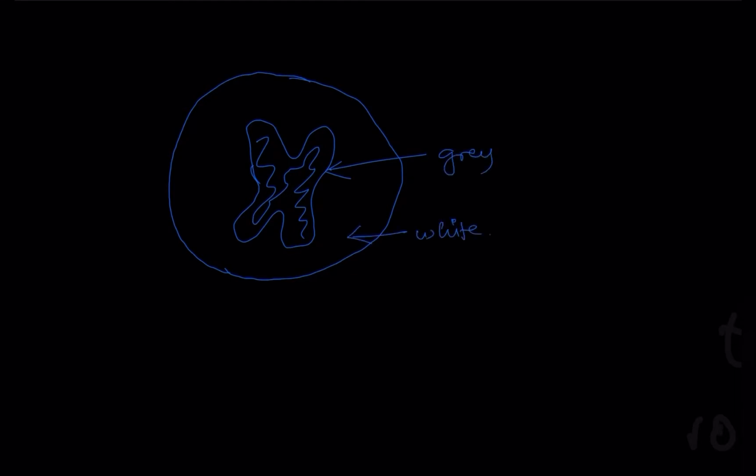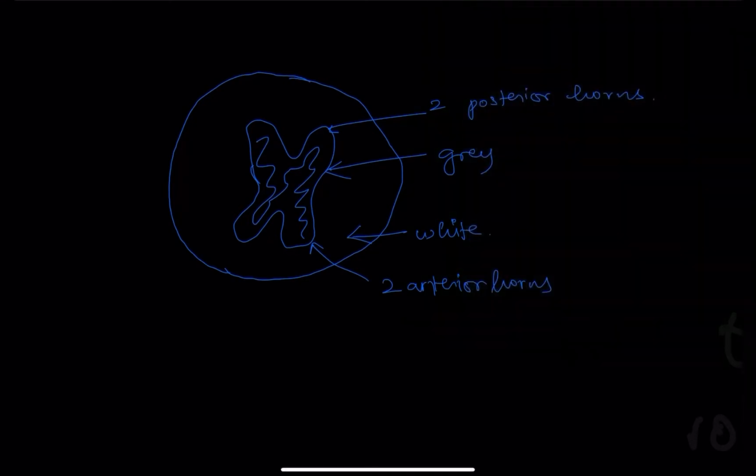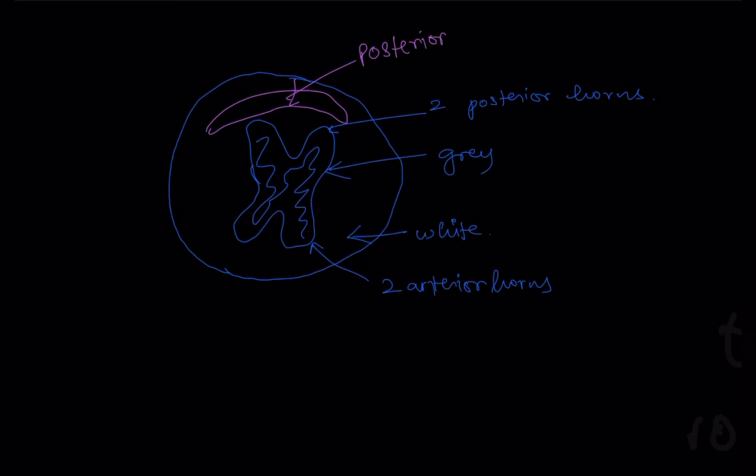Okay. This gray matter and white matter, as you can see, there are two protrusions on the anterior side and the posterior side. So these are the two anterior horns, and similarly on the back side, there will be two posterior horns. Okay. Now similarly, we have roots, that is the sensory information will come and synapse into the posterior column. So this is the posterior column, you can say. This is the place where the sensory roots will come in, and we can also call it the dorsal column. Okay, here who comes? Sensory information. Sensory neurons will come and synapse over here.